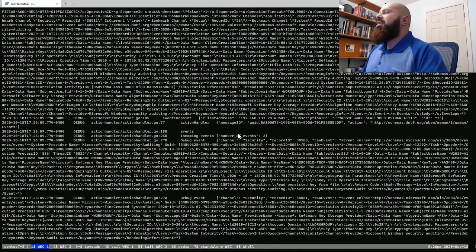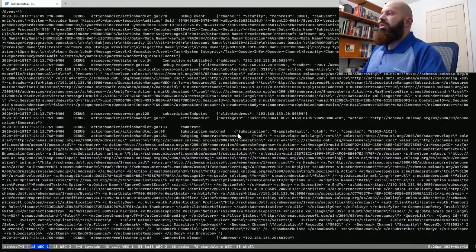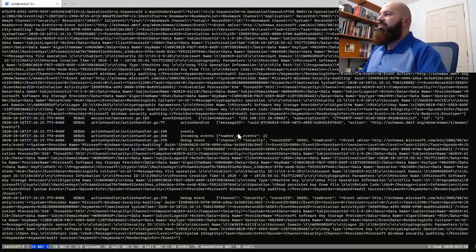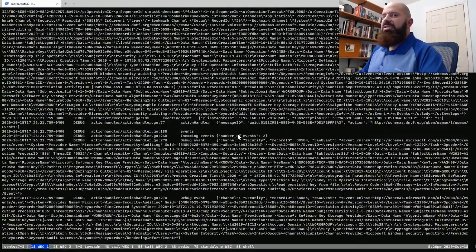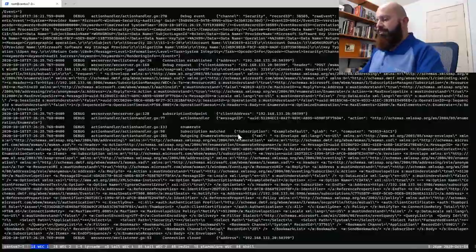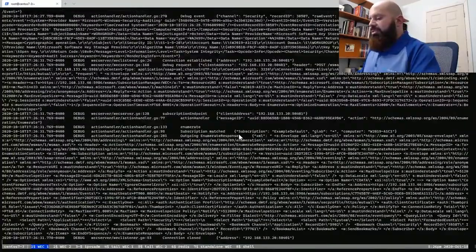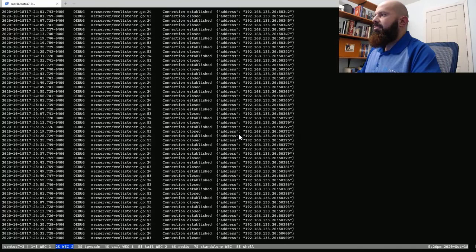So normally WEC runs in the background, but what I'm showing you is it running in the foreground with debug messages on so that we can see the operations and then messages flowing in. So you can see here, these are the messages coming in, and you can see what WEC is actually doing. And then switching over to second screen.